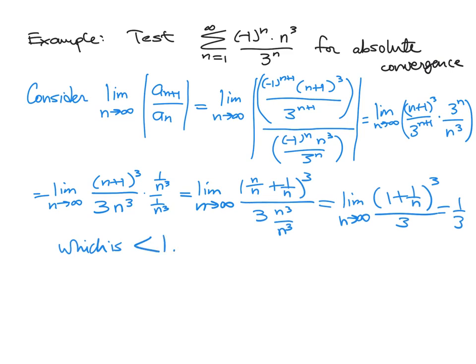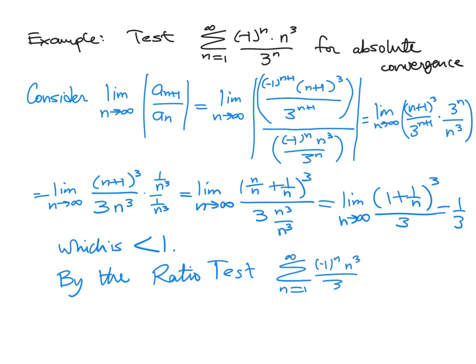And the ratio test says that if the ratio of these terms, a_(n+1) over a_n in the absolute value sense, is less than 1, then this series absolutely converges. So by the ratio test, the sum from n equals 1 to infinity of (-1)^n n^3 over 3^n,